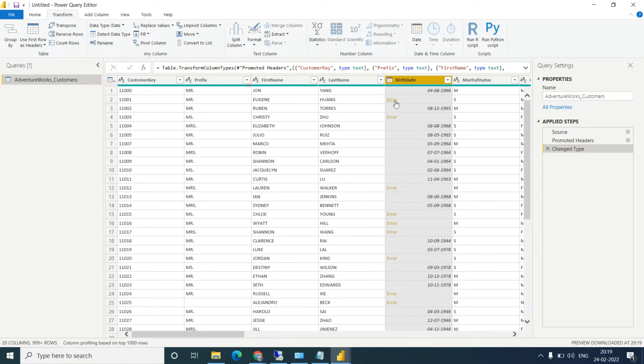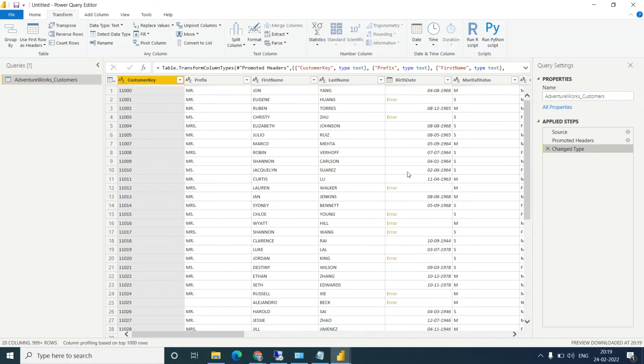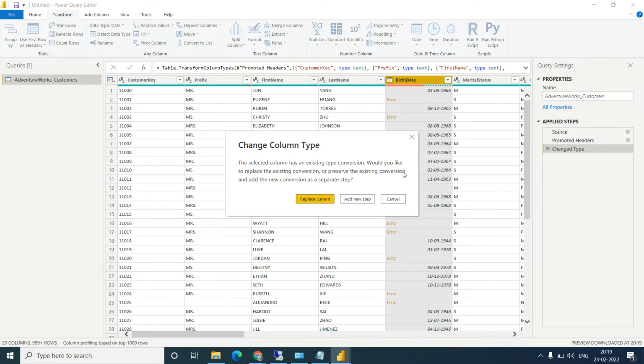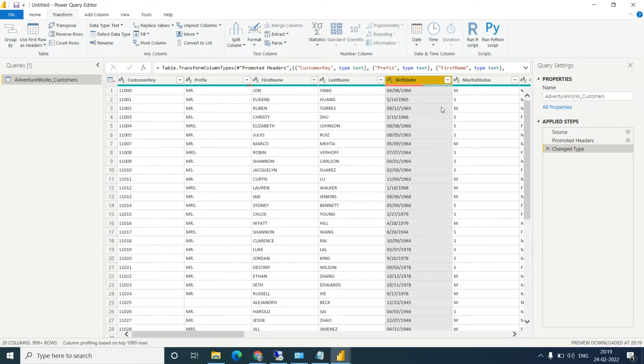Now you are getting an error. What is the issue in the date? We could not parse the input provided as a date value. So let's go back, delete this step, and take it back as text.